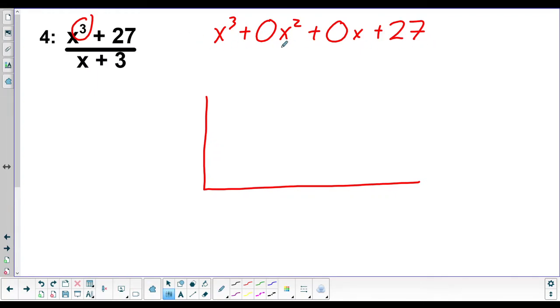Now that we know how we should think about this, we fill in our coefficients. So we have the invisible 1, 0, then 0, then 27. If you don't include these two zeros, this process doesn't work and you're going to get the wrong answer and